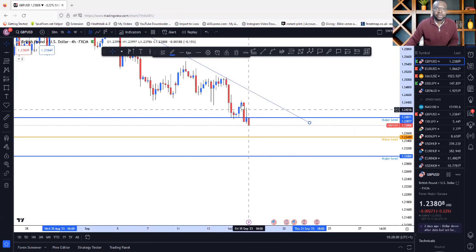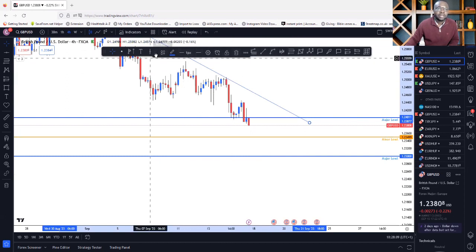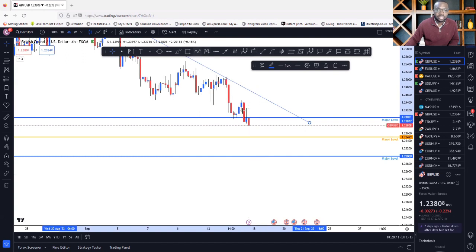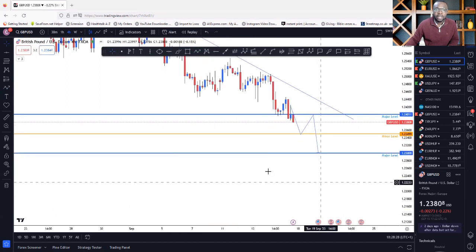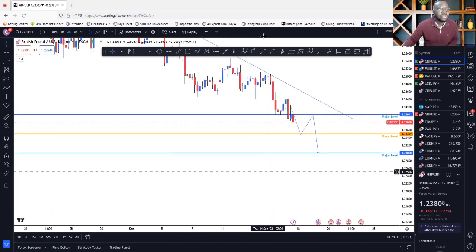Now, first, we see the market is still dropping. There's still room for the market to get to 1.2350. If price gets to 1.2350 and then pulls back, possibly it may pull back into this 1.2400 again. Then that's a beautiful setup. And then we have another massive drop coming in just to maintain that structure that we're looking at.